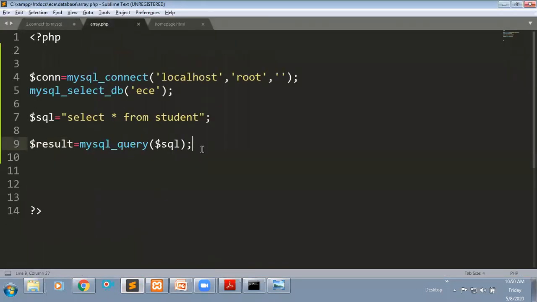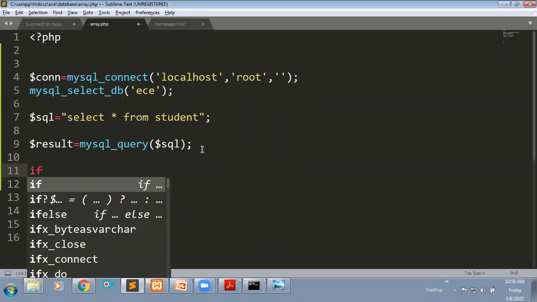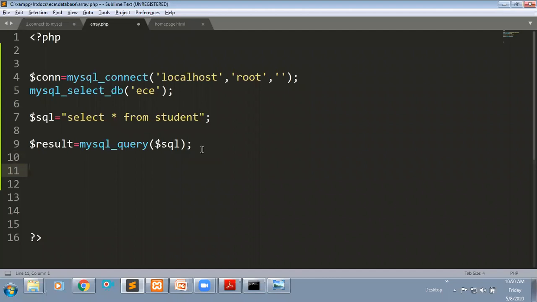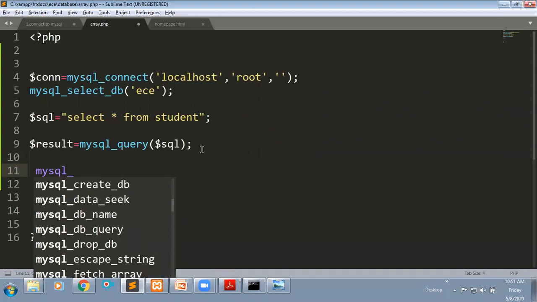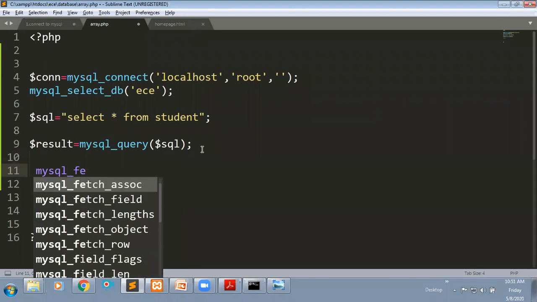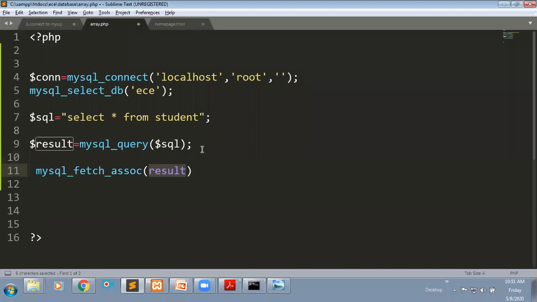See, I'm going to write the function. Just write that function, mysql_fetch_assoc, the associative array function. This is the first function I'm going to take. This function takes the result value, whatever query you have executed.